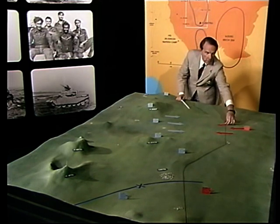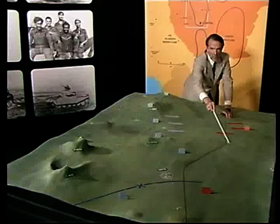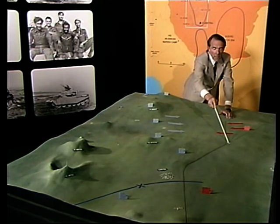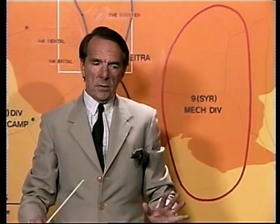across the disengagement line, so Israeli observers who have remained in the strong point at this little village here, which we think of as A3, a strong point, observe the echelon vehicles of the 3rd Armoured and the 7th Mech Division turning round on the road to Damascus and withdrawing to Sassa. The